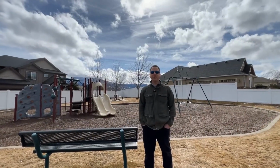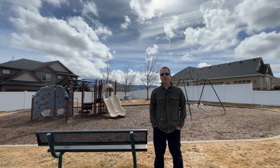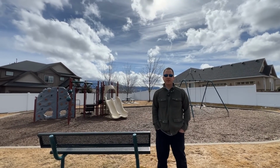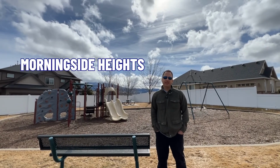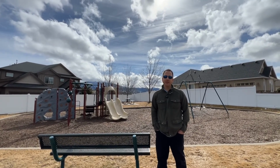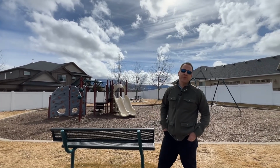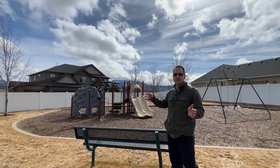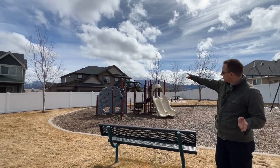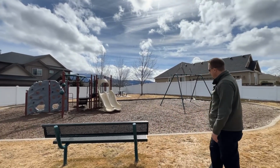Okay, we're here at house number 3, in the south, kind of eastern part of the valley, in the Morningside Heights neighborhood. This is one of those well planned out neighborhoods. There's probably 400 or 500 homes that are available here. This particular house is kind of unique because it's almost adjacent to this little community park, and